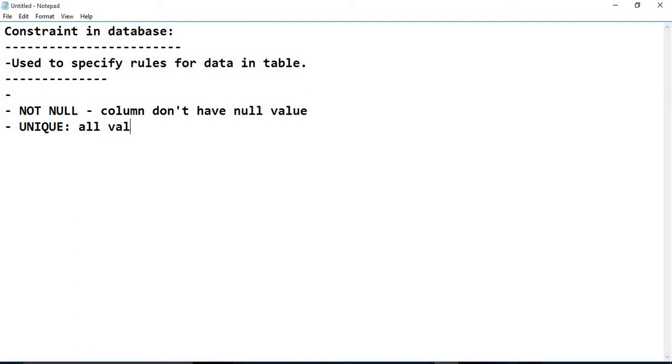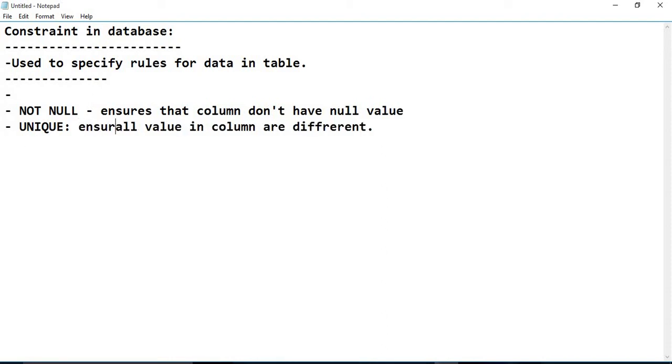So NOT NULL ensures that the column doesn't have a null value, and UNIQUE ensures that all values in the column are different.